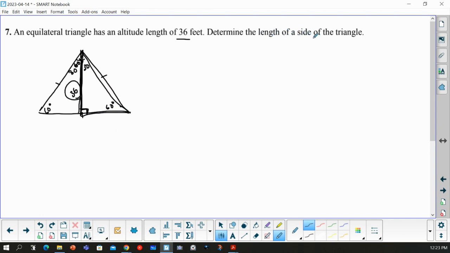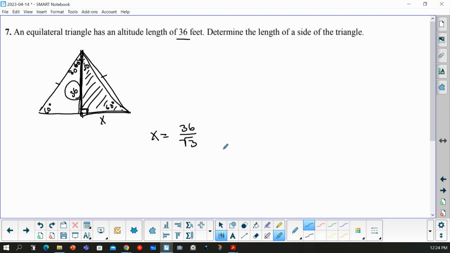It says determine the length of a side. Okay, well, that's a side right there. So let's see, this is in this 30, 60, 90 triangle that's right here, right? I'm just looking at this triangle that's right here. In this triangle on the right-hand side, this is the long leg. This would be the short leg. So the short leg equals the long leg, 36,